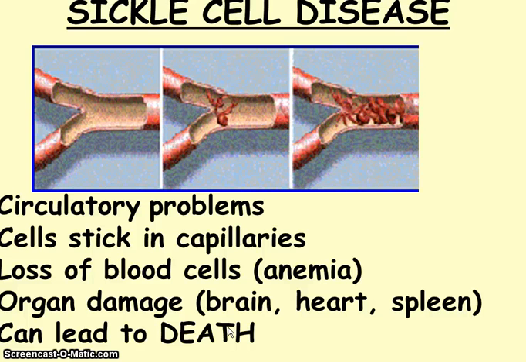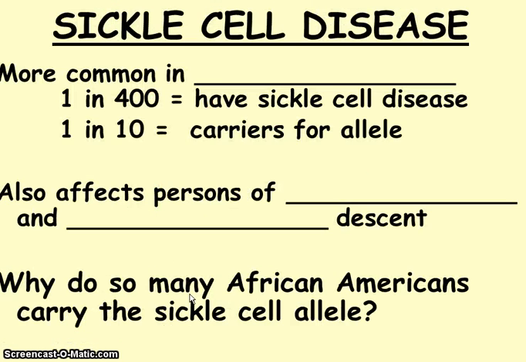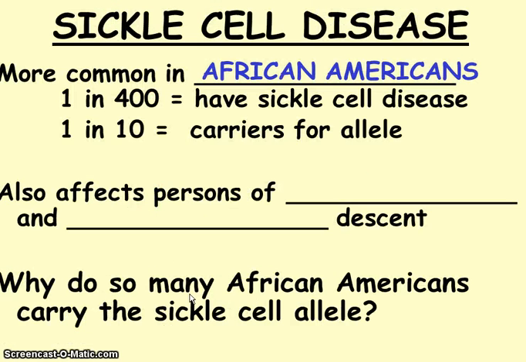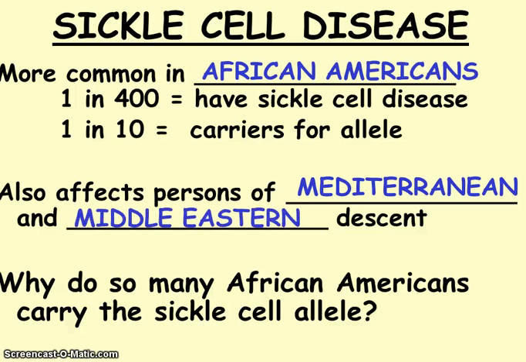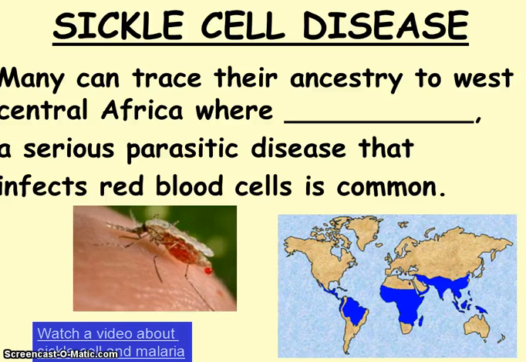They can have circulatory problems. The cells stick, so this is mostly for those ones with little s. They can have organ damage, and it can lead to death. It's more common in African Americans, and it also affects people of Mediterranean and Middle Eastern descent. So why do they all have it? Well, what's interesting is that it can also help them when they're heterozygous. It can help them